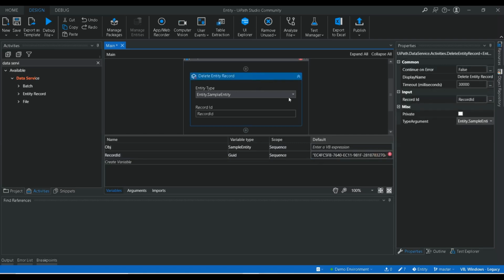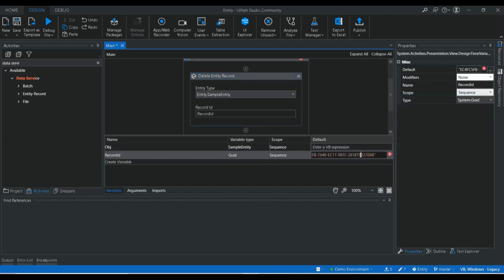I passed that particular id value, but it is throwing the error that string cannot be converted to system dot GUID. So what I'm going to do is pass this value using GUID dot Parse, giving the value inside that.